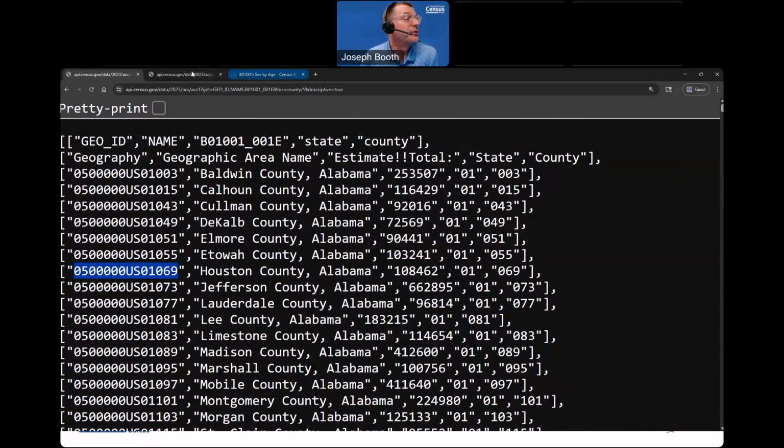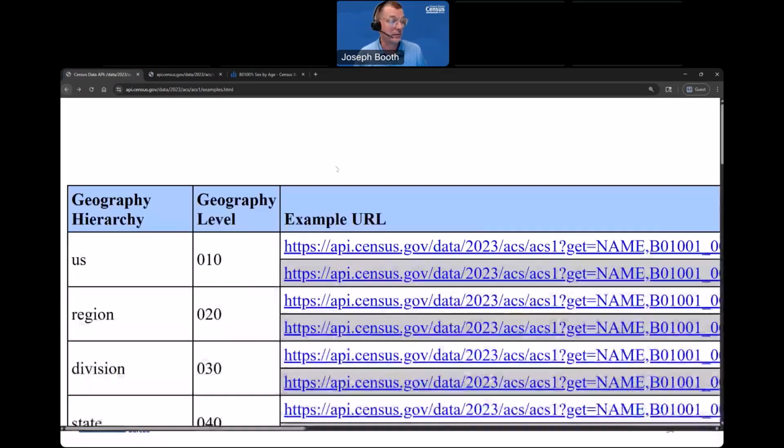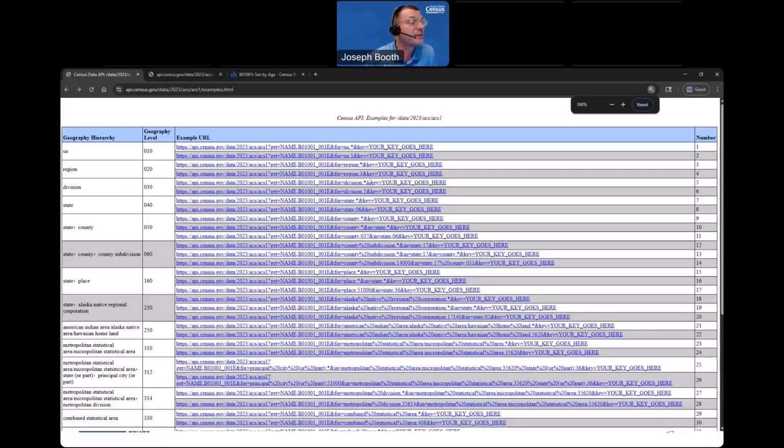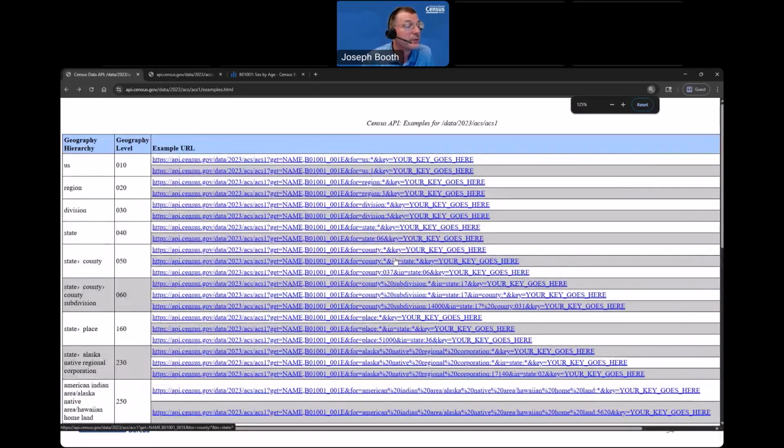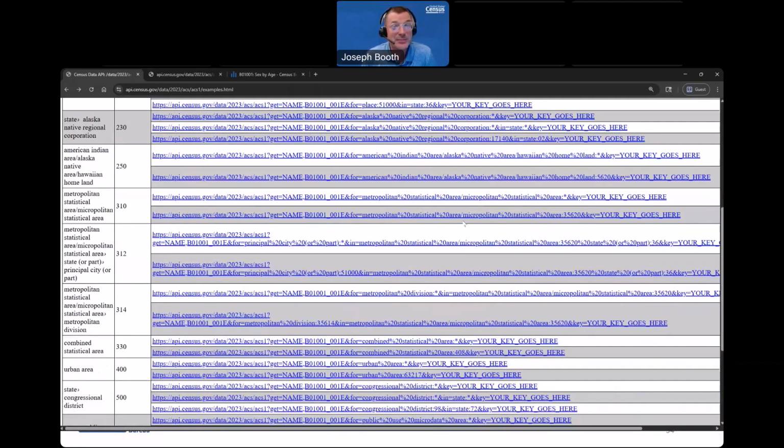So UCGID is very, very powerful. Once you get comfortable with that, I'm going to go back up here. All these endpoints where you have all these different predicates, county, subdivision. Now, imagine you had to put this in code. You'd have to have this typed properly. You're going to save it to a variable. You might accidentally mistype. If this ever changes at some point, it becomes a fragile link, but UCGID, that is going to stay locked in for you, and your code will be a lot more robust and durable.